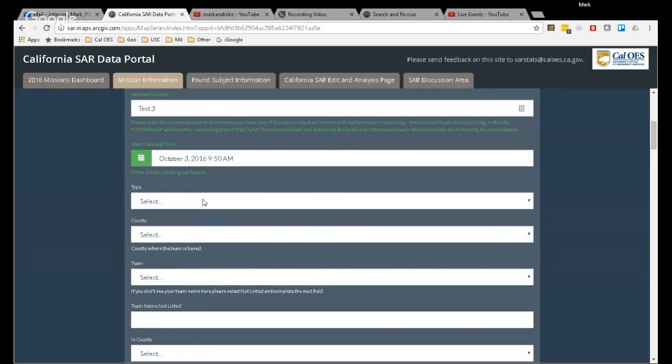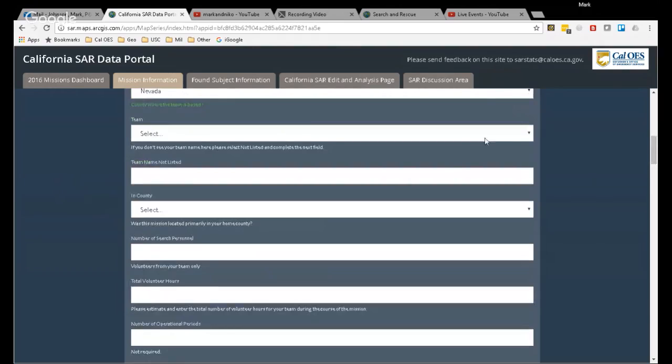So that's the date. We'd really like the time to be as accurate as possible. Let's make this a search, the most common type. And then the county, let's say it's in Nevada County. The team: one thing, we do not have all the teams. Most of the